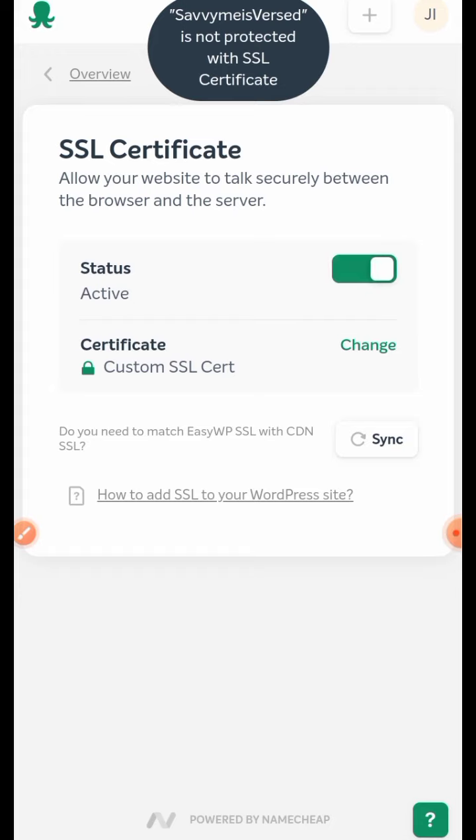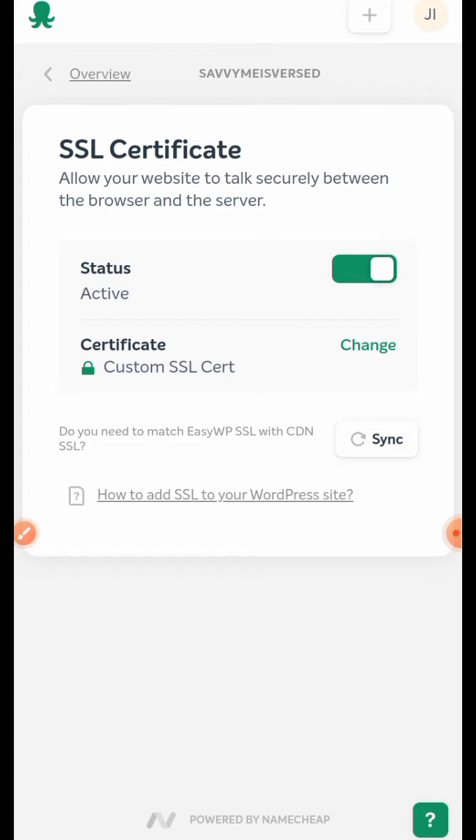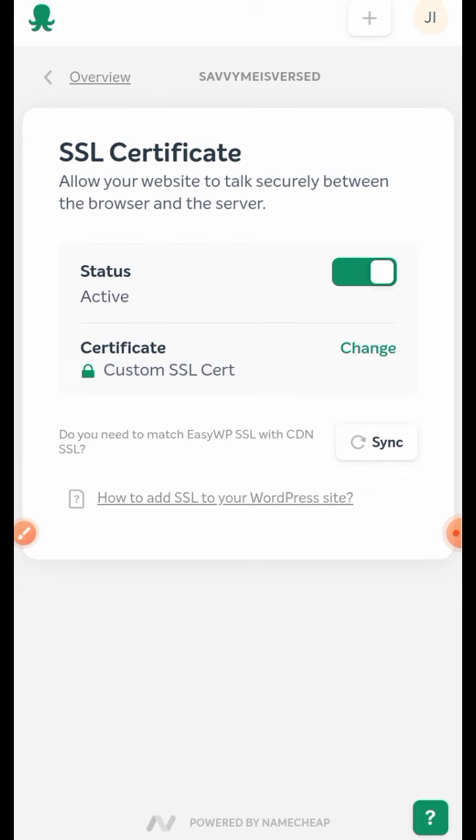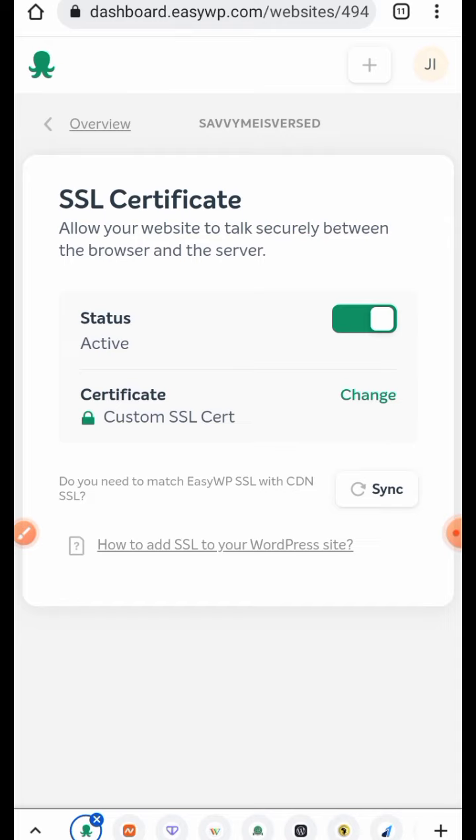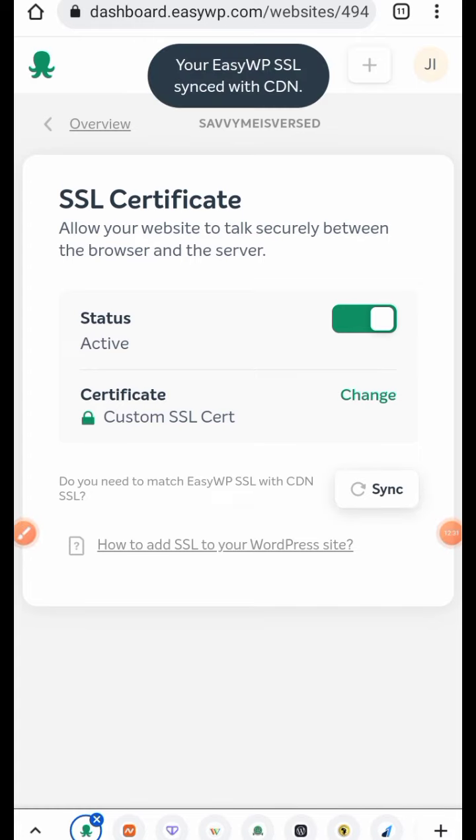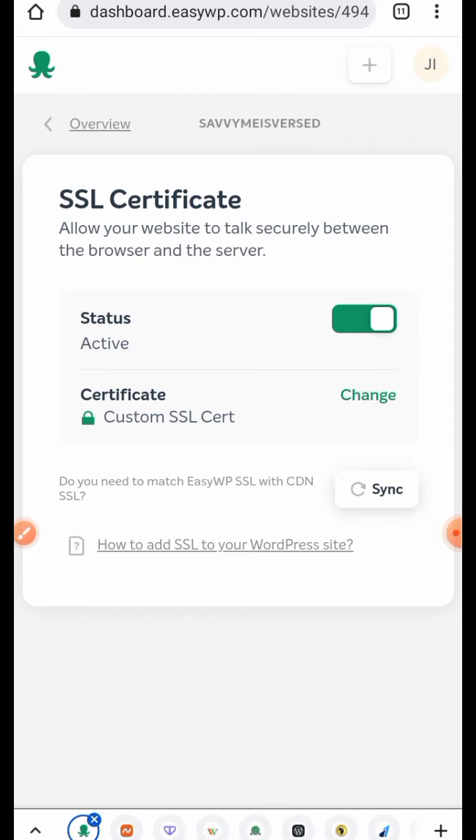It says server is not protected with SSL certificate, but that is not true. Why it is giving me this information is because I'm using a free SSL certificate, but the system still knows that it is an SSL certificate. All right, so I'm going to click on synchronize so that it is synchronized with my CDN plan. So it has been synchronized already, so I can now go back to my WordPress website